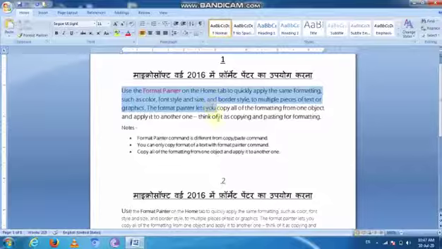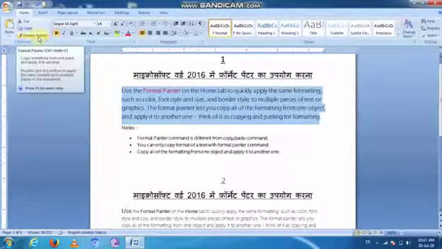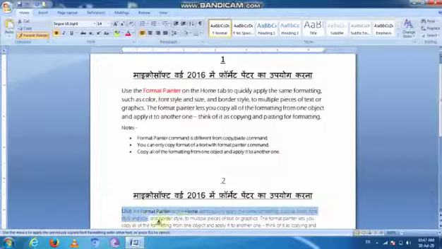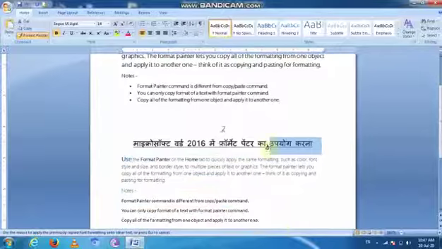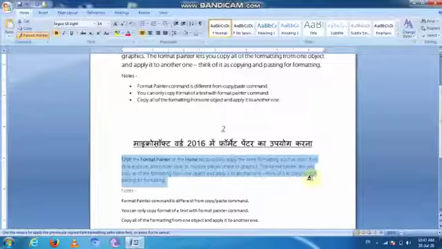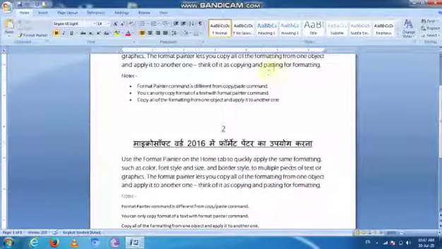First you select this format, click on the format painter tool and just drag on these paragraphs. The arrow is converted into a paintbrush tool. You can see this text format is changed. The first text format is applied on the second text format.